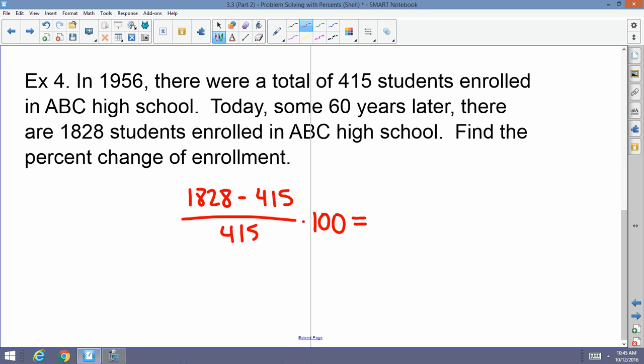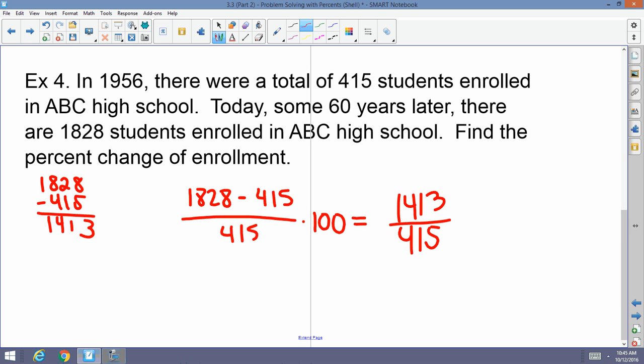Good job. Now, I'll help you out real quick. Let's just do the math. We've got 1828 minus 415, so I've got 1,413 divided by 415. I'm going to cheat a little bit and use the calculator just for speed's sake. That's going to equal 3.40. Now I have to multiply by 100 to turn this decimal into a percent, so I go two places to the right. That's 340%